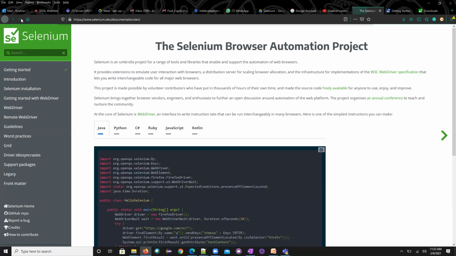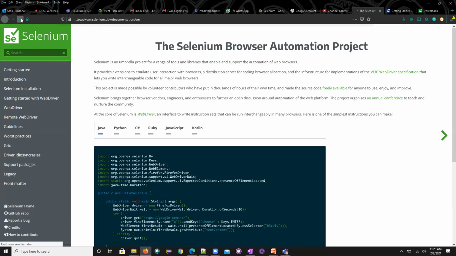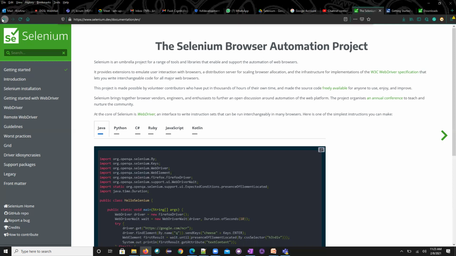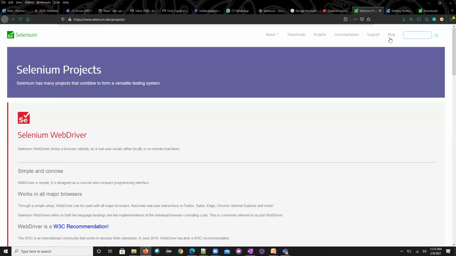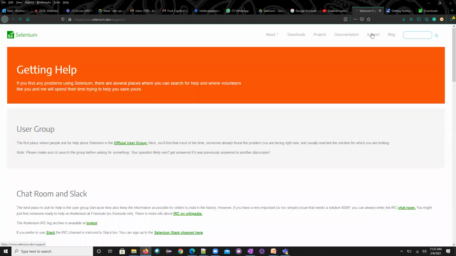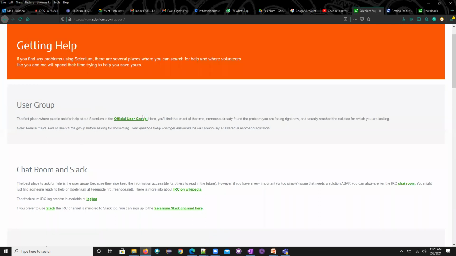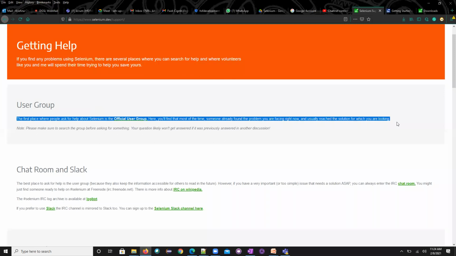This time everything they are keeping online, but anytime if you have a face-to-face interaction with those people, just try to interact. It's an open community, nothing will be paid for these guys, as I told you, as this is open source. If you see here, there is an official group. If you have any questions which were not answered in Stack Overflow, I don't think every question would be answered, but at least 99.999% will be.